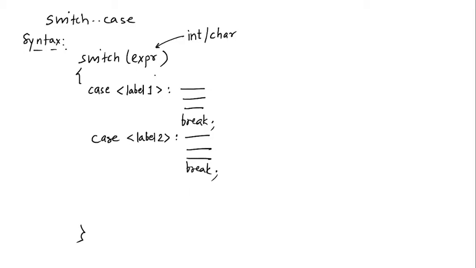Now many times it might happen that this expression does not match any of the case labels. In that case, there's a special case that we can write, called default. We don't have to write case default, it is only default. It's considered a special one. Again, we can have some body, or generally there'll be a single statement which represents an error, like invalid input or invalid choice or something like that.